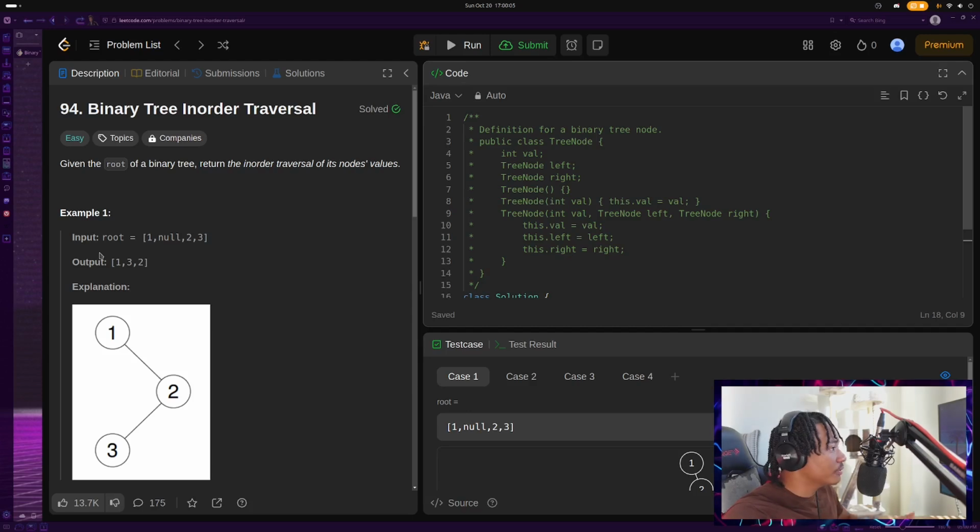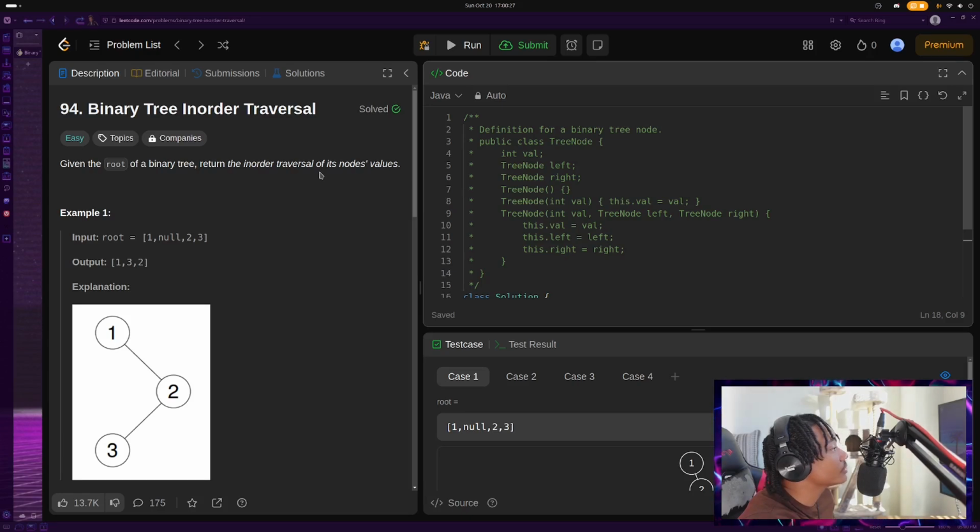But today, we're going to hop right into some binary trees. This is just a very simple problem. You're just traversing a binary tree in order. This is the first problem that I did in order to understand binary trees a lot better. And something that really helped me with binary trees, like a lot: linked list. Gotta learn linked list first. But other than that, let's just get right into this. So, given the root of a binary tree, return